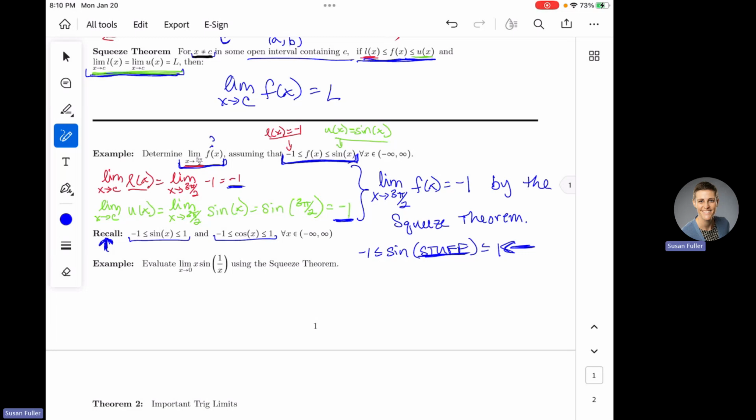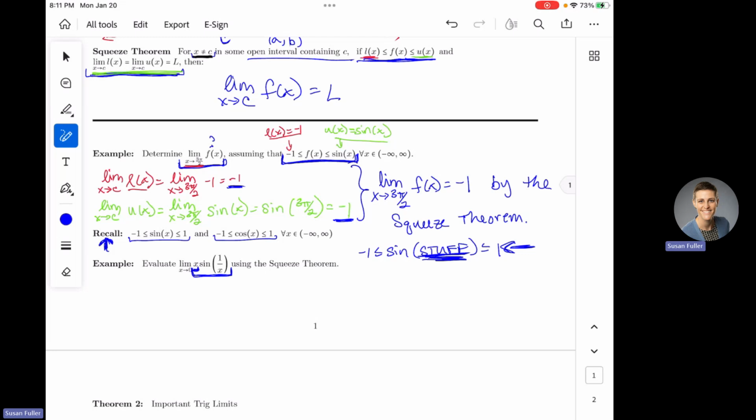But yeah, that's kind of where we're going to start. So notice I want to know what the limit as x approaches 0 of x times the sine of 1 over x is. And I don't have an upper and a lower function. And notice x times the sine of 1 over x, this entire thing is not stuck between -1 and 1 because I have something happening to the outside of my function. This x kind of ruins it for me. But without the x, the sine of 1 over x, right? The sine of any kind of stuff is stuck between -1 and 1.